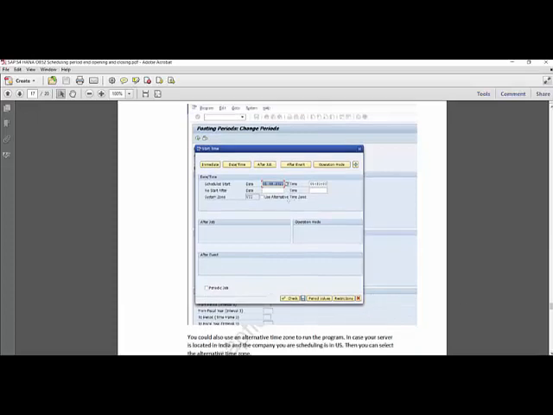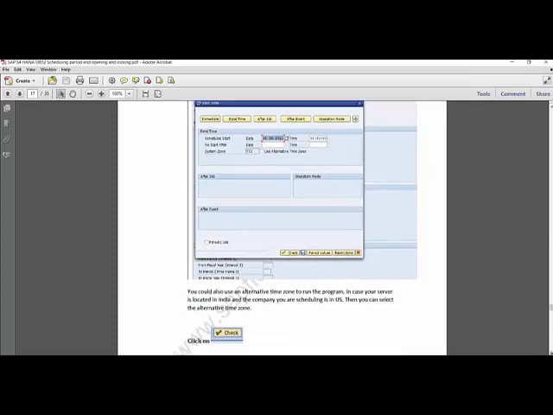You find here a new option, use alternative time zone. You could use an alternative time zone to run the program in case your server is located in India, for example, and the company you are scheduling for is in the US. Then you can select the alternative time zone to schedule it based on the server time plus the time zone you want, and it will be automatically scheduled at that time zone, not at your server time.